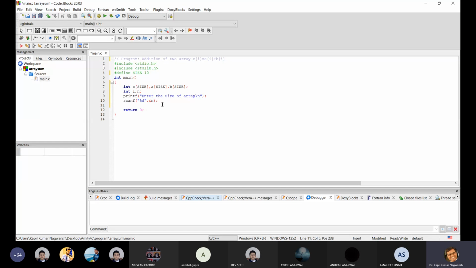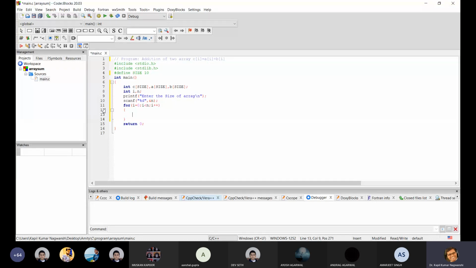Now come to the next step. Printf, or just go for I equals to 0, I is less than n, and I plus plus. Now this for loop will ask the user to enter elements.